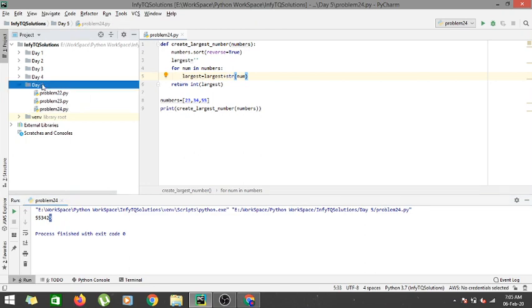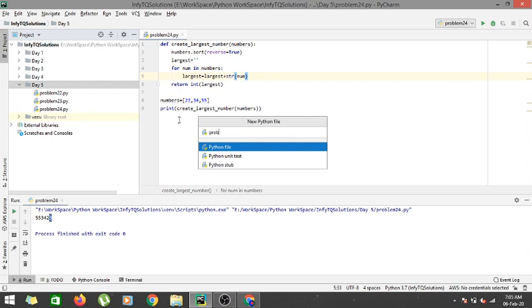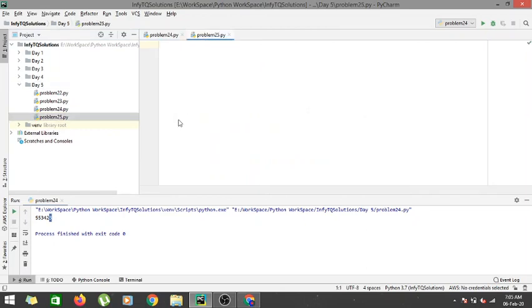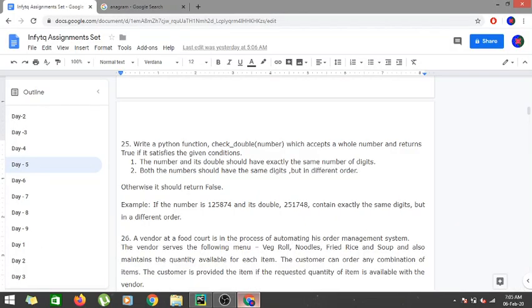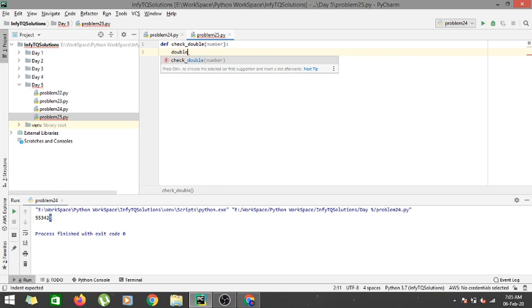let's start coding. So let's create a new Python file, that is problem 25, and the function name is check_double. So def check_double, it accepts a value number, and in the function let's first create a double of the particular number that is provided to us. A double is basically 2 into the number,